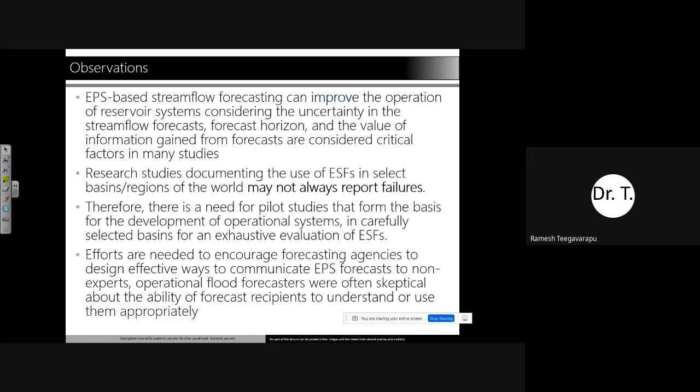Operational flood forecasters were more often skeptical about the ability of the forecast recipients to understand and use them appropriately. What does that mean? Basically, the probability-based forecasts are given, but the operators who are using them are not sure about what these things are, or sometimes the modelers who are generating these probability-based forecasts think that operators are not understanding what they are trying to do.